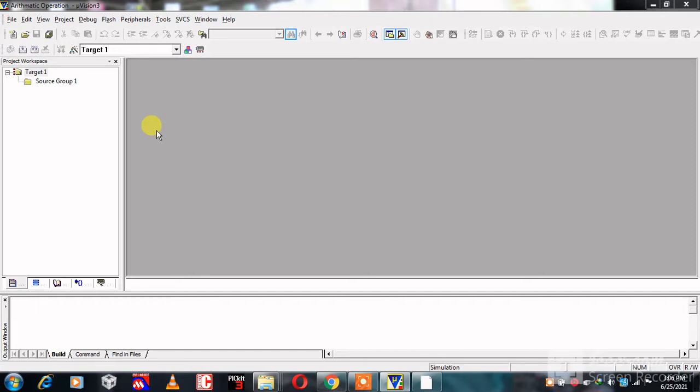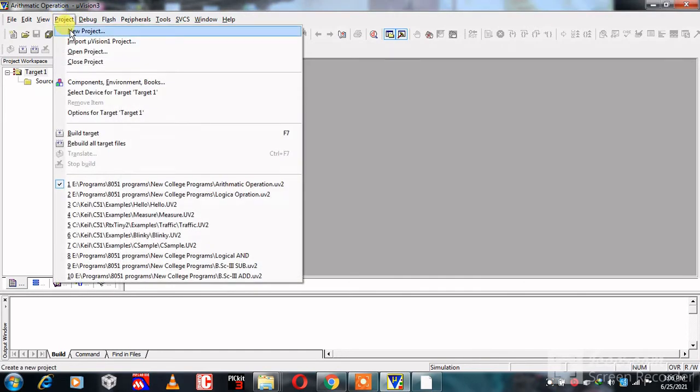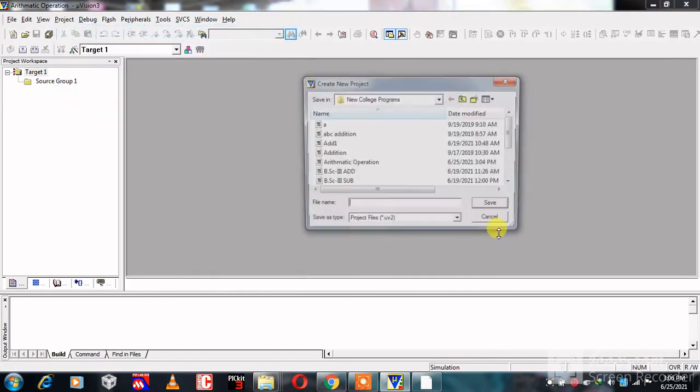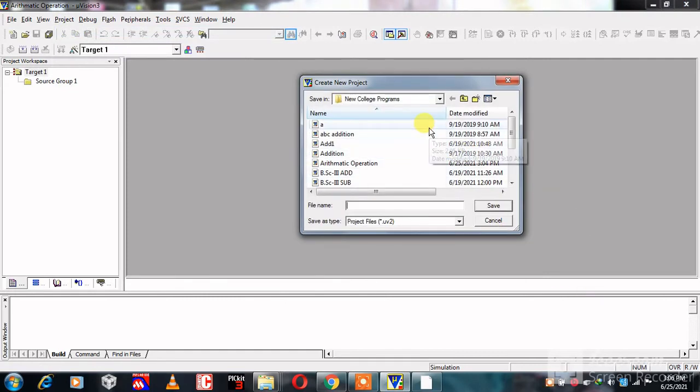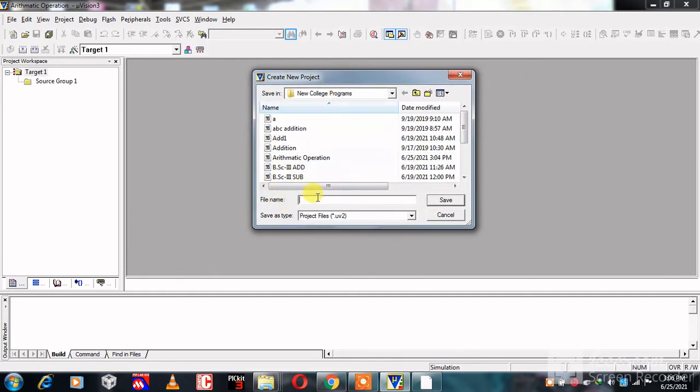For making the new project, click on project, then click on new project. Now here it opens a new window, create new project. Here I am writing arithmetic operation 1.